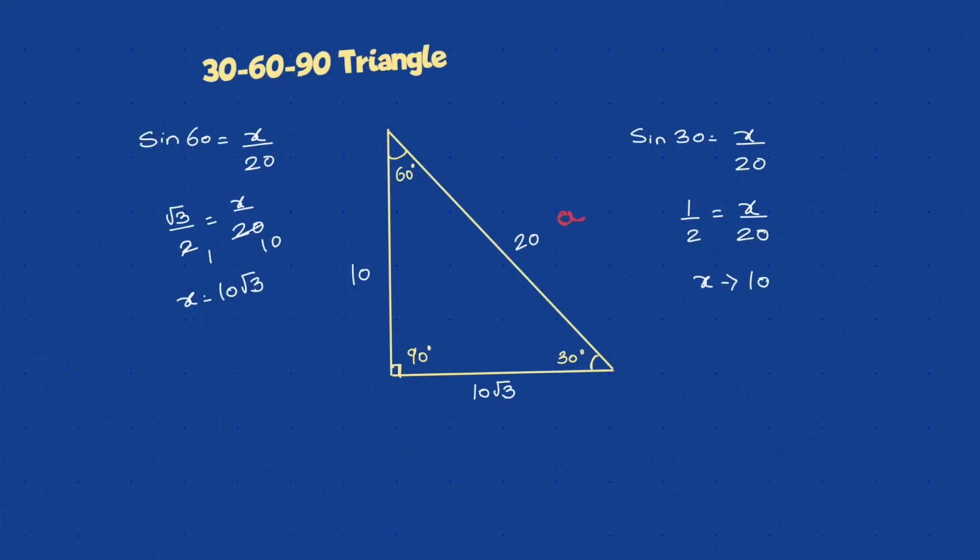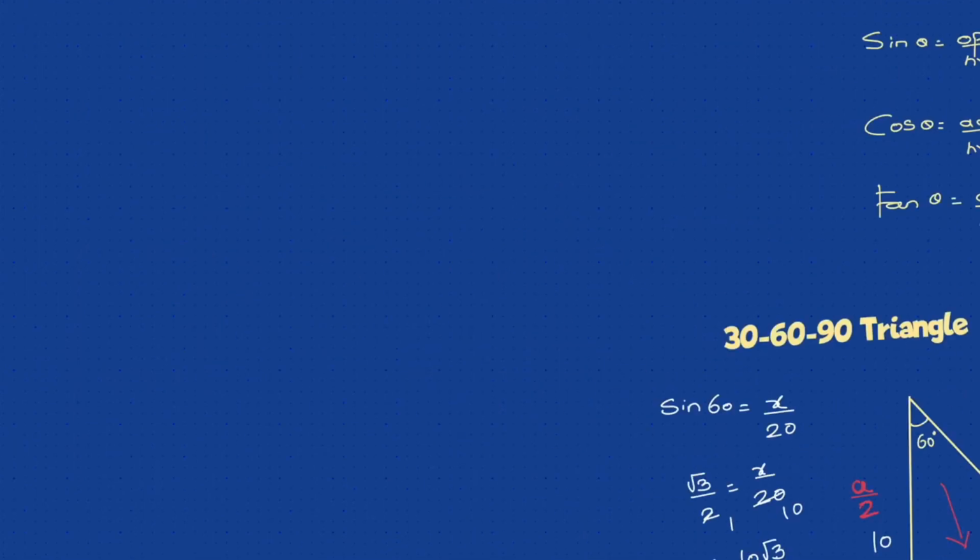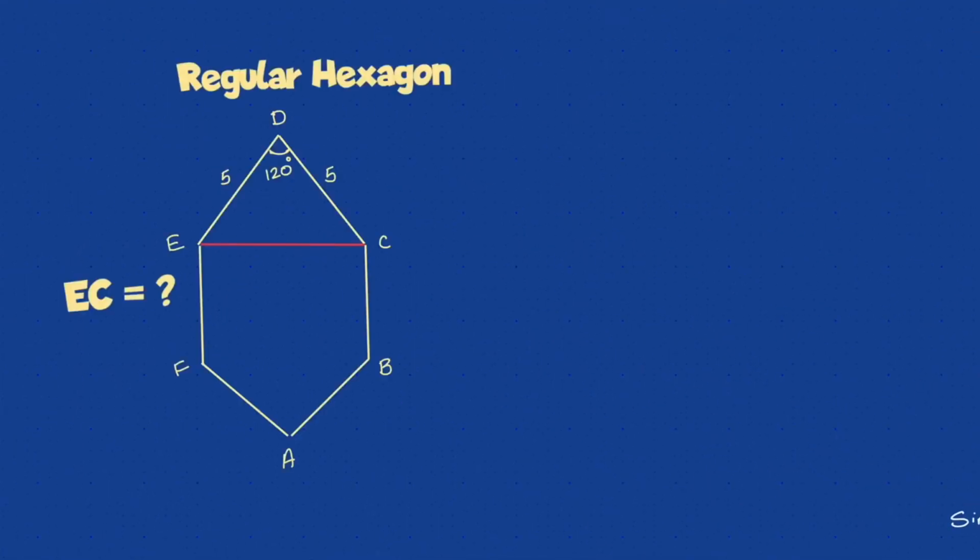What do I learn from this? If the hypotenuse is given to be a, then the side opposite to 30 will be a by 2, half of that. And the side opposite to 60 will be the side opposite to 30 multiplied by root 3, that is root 3a by 2. Okay, that's how: hypotenuse, side opposite to 30, side opposite to 60. Know this result. Don't remember it by formula. Now let's see an application.